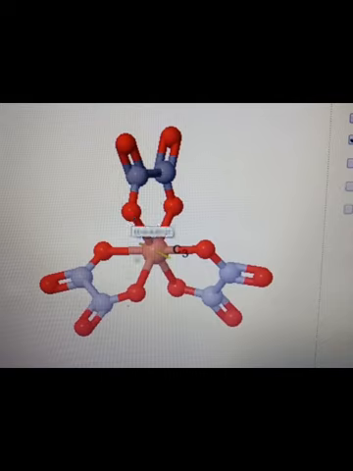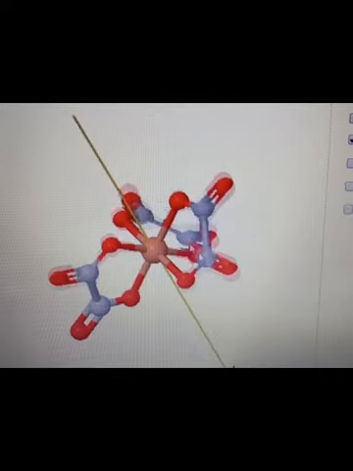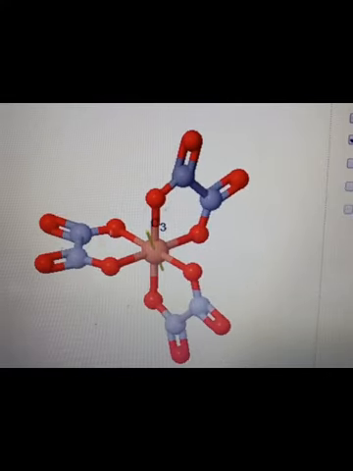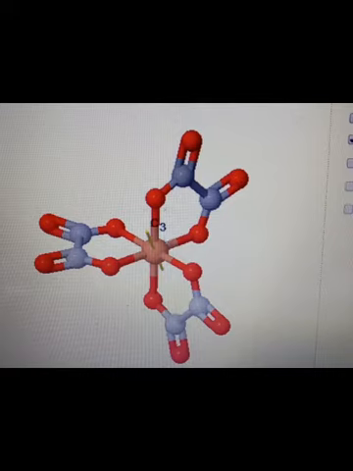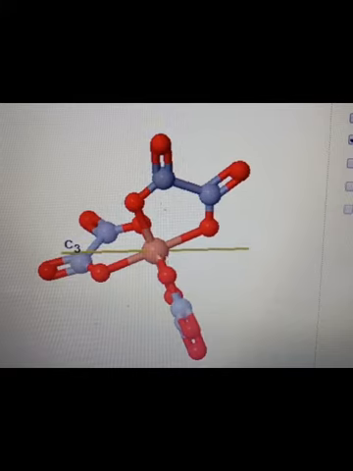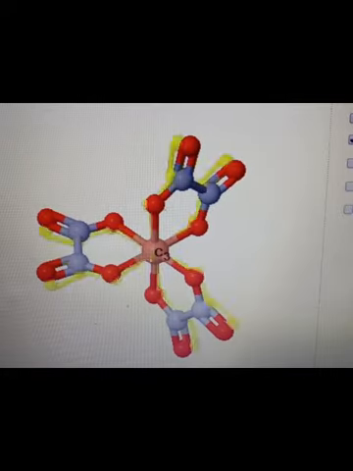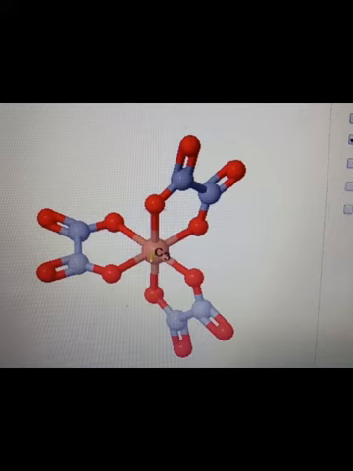Now if you see, this is a triangular face of your octahedral geometry, and the rear side also has a triangular face. This is the front triangular face, and these atoms together will give you the triangular face of the rear side. Now you can see that the axis is passing from the center of the triangular face to the center of the opposite side. So along this axis rotation takes place. Now see the rotation, this is how the rotation is possible.